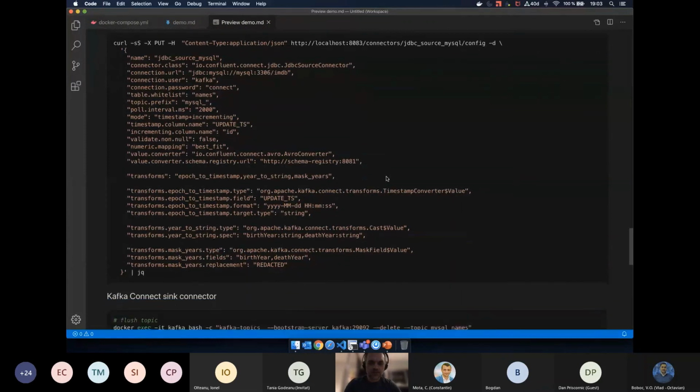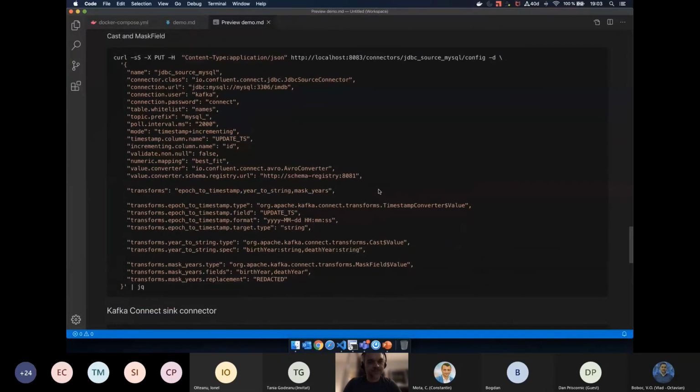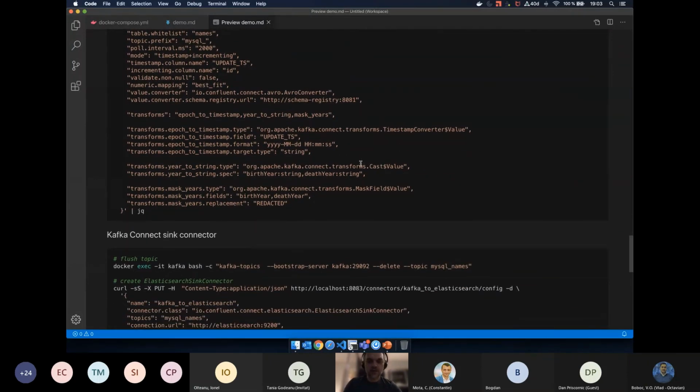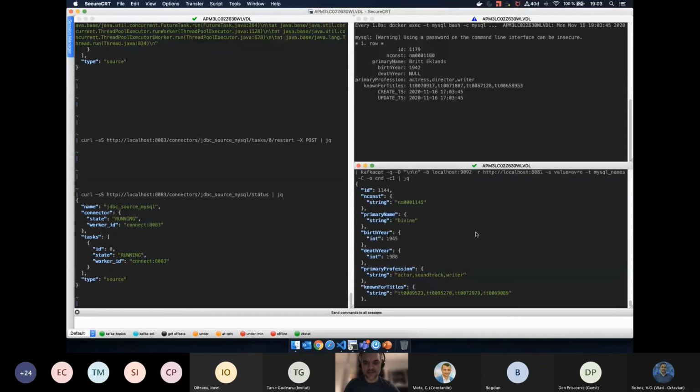Let's showcase our transformations. One is cast and the other is mask field. Because let's say this is a perfect example.